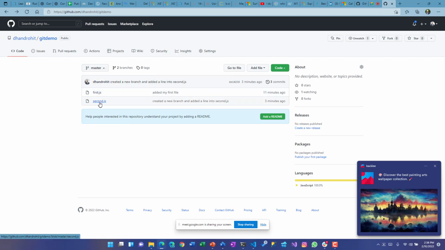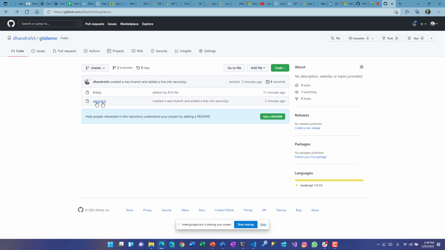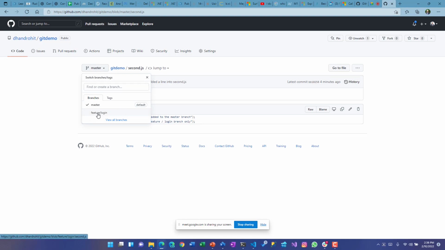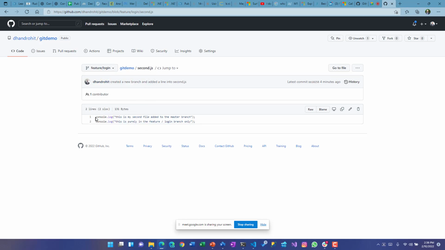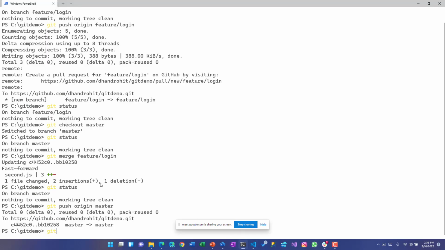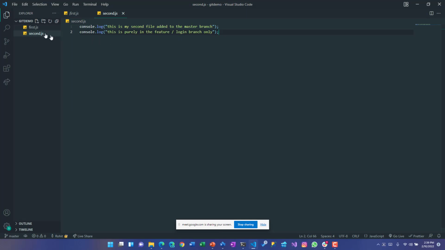If you see the master, we are in the master, and there was a file change which we did in second.js. So it has that particular one, and there was a feature which we have over here, and it has this one. And then let's say if we just switch on to git checkout feature, check, we are on the master. Okay, I'm sorry. And we can just check it out. Yeah. So we are on the master. This is first, this second.